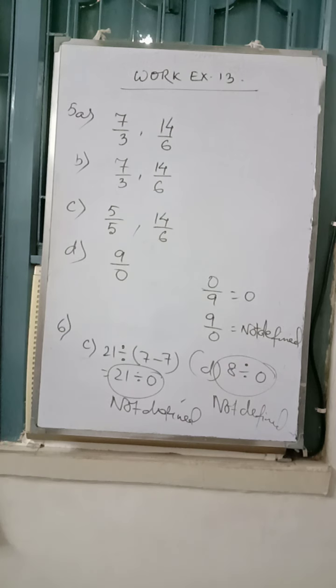So with that we have completed work exercise 13 also. If there is a doubt related to anything here: number 6 you do in the book only, no need to write it in the copy. Up to number 5 you write the questions in the copy. It's not that you would be directly writing the answers. Copy the questions up to 5. For 6 you don't need to copy the question, you write it in the book. And if there is a doubt, you can ask me in the comment box.